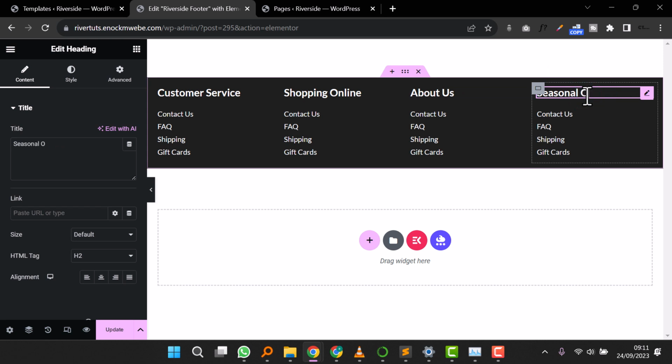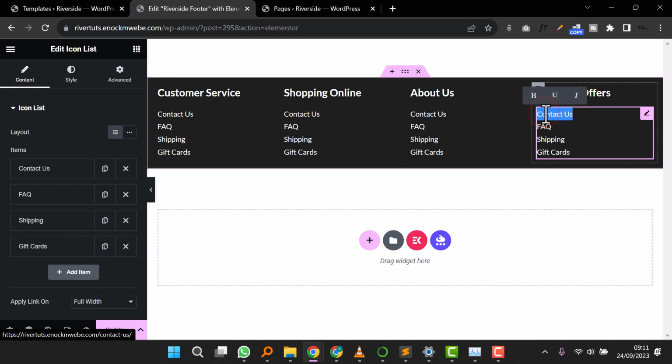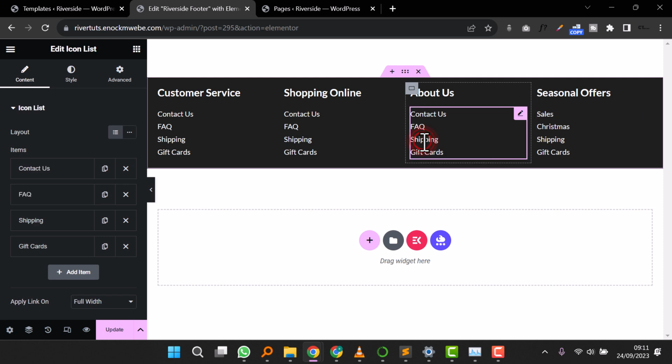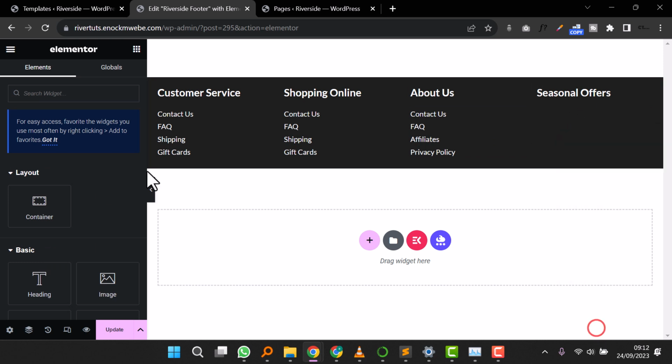So right here, you can have stuff like sales, maybe Christmas offers. You know, you guys get the idea. So here you can have something like affiliate, and you can basically link all these pages if you have them created. So some privacy policy. Yeah, in case you don't want even these here, you can alternatively delete that, then